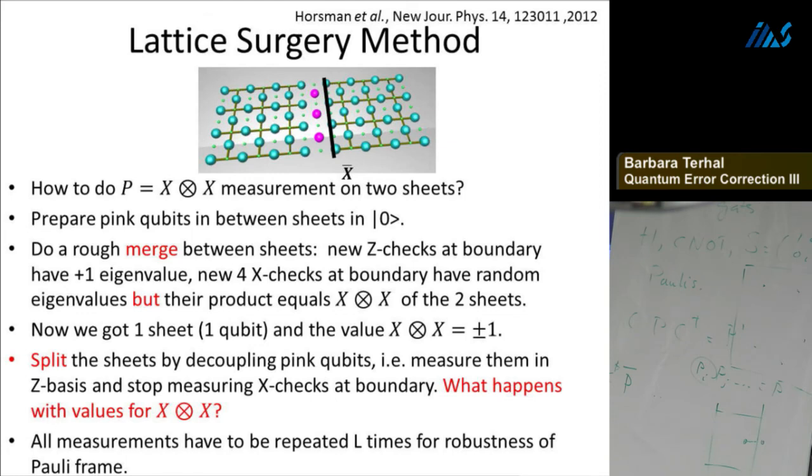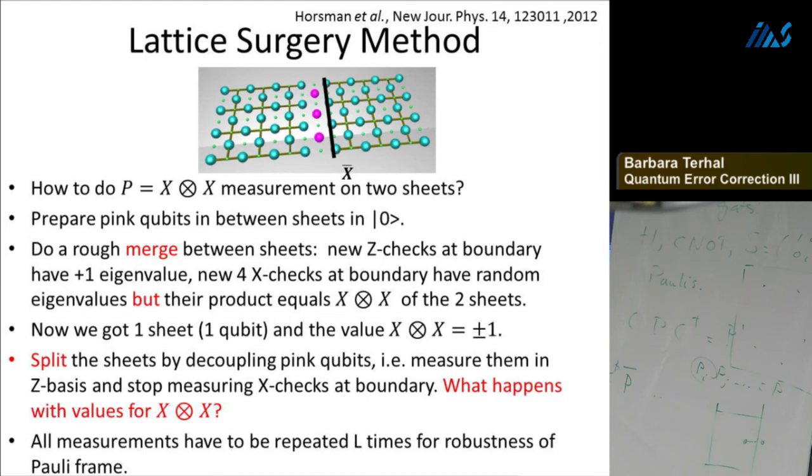So what we get from this, they have these random values, but if we take the product of the outcomes, it determines this value. Then we could correct these values, but at least we have done the measurement that determines the eigenvalue of the product of the two logical